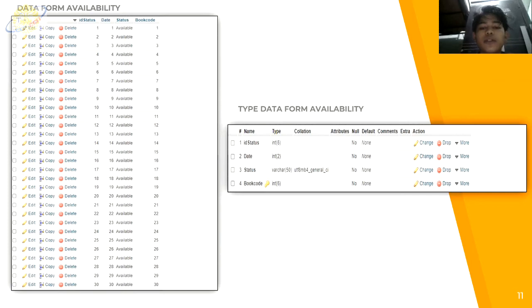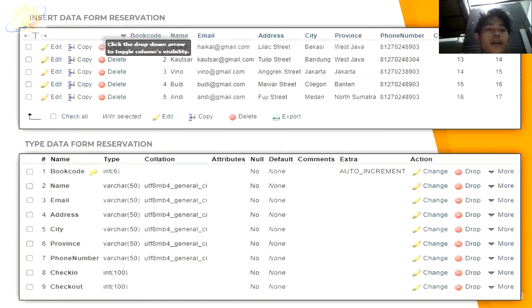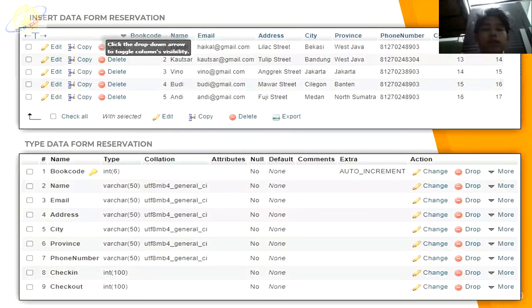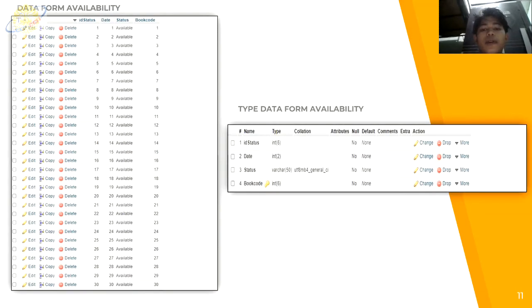Name status is data type varchar, and last, book code is data type integer, 6 digits. The book code is the relationship from the data inserted in the reservation to the availability.